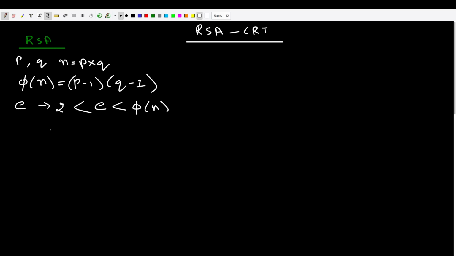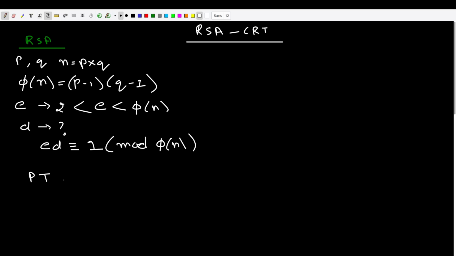So once we have this public exponent e, we compute something known as d, which is the private exponent. And to compute the private exponent, the condition is ed is congruent to 1 mod phi n. So we will get our private exponent, and then once we have all these components, then we can